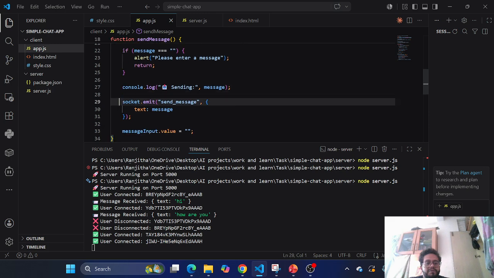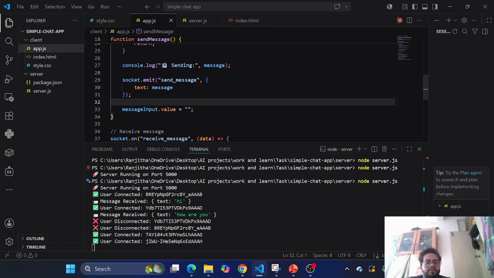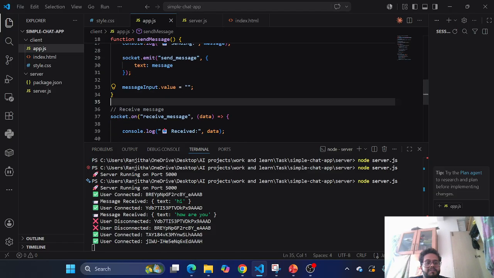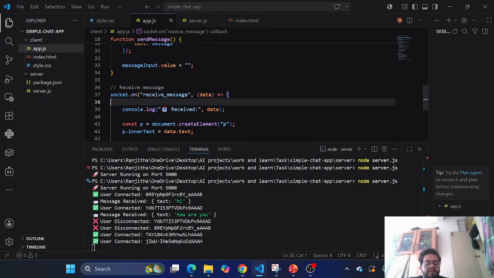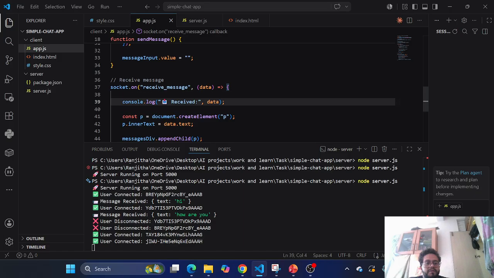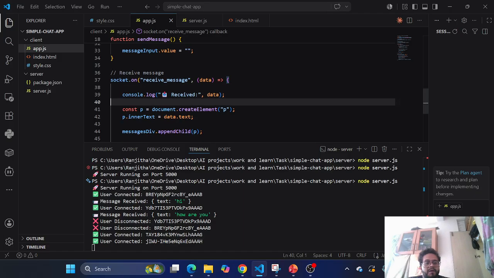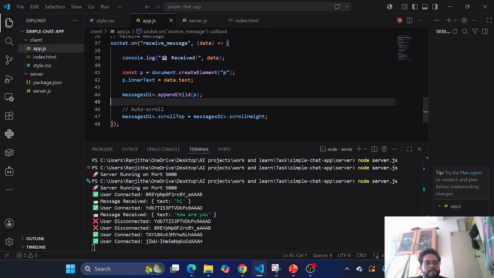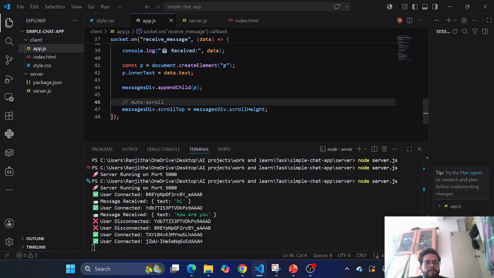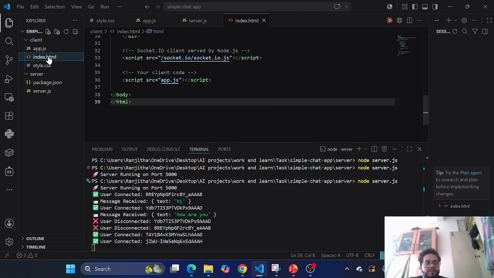this will take the message text, and this is the value, and this is the receiving message. Once the message is received on the other side, the console log shows it has been received, and this will append it. And this is the auto scroll function which has been given, and this is the index.html file,